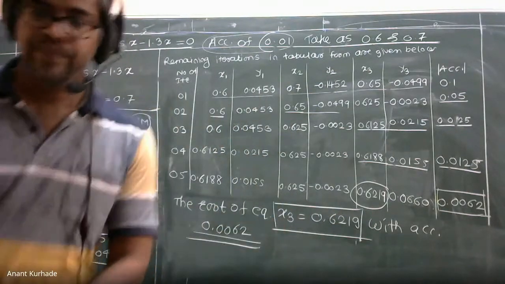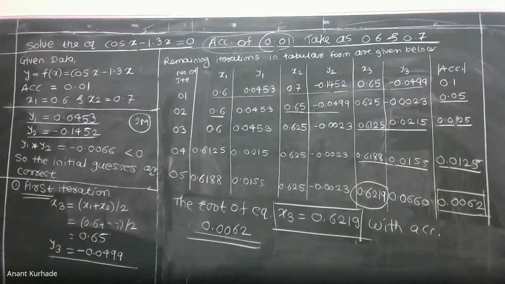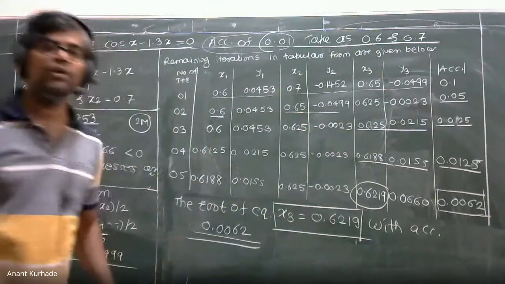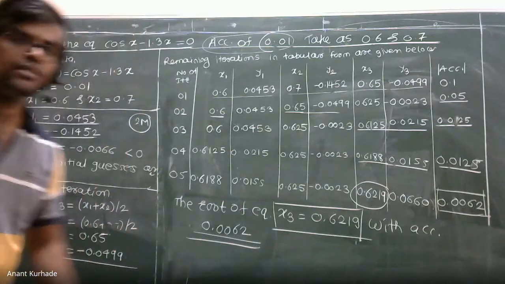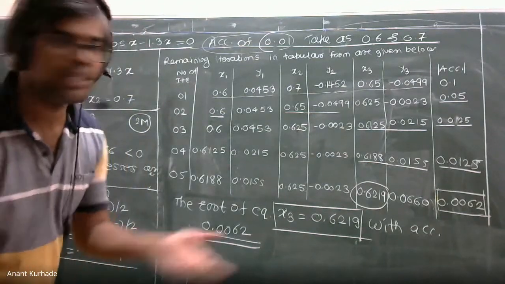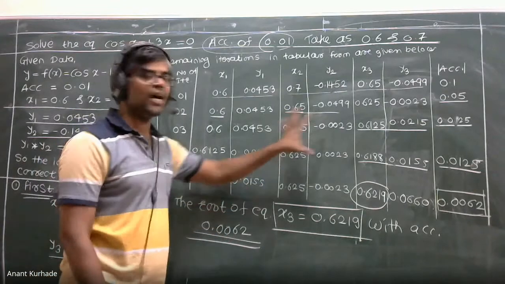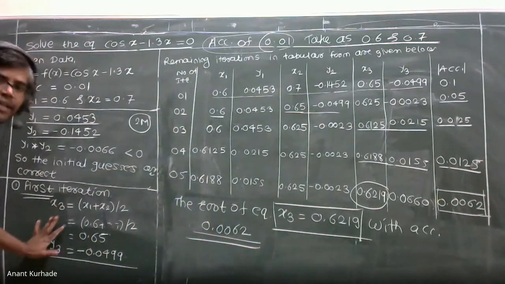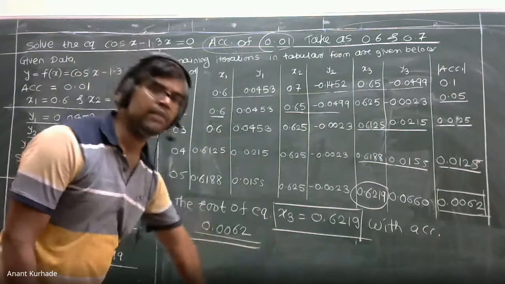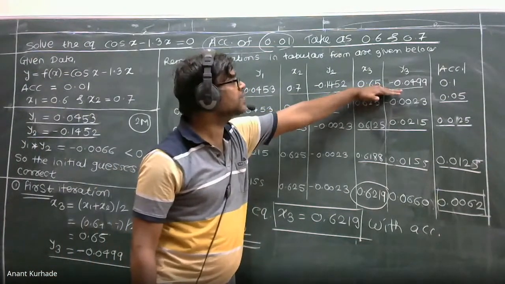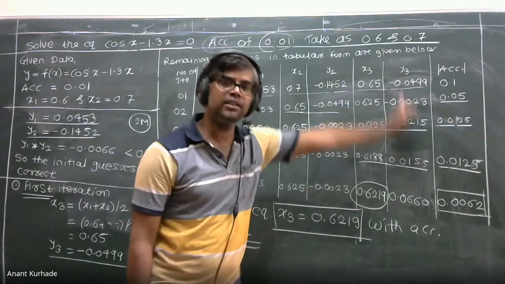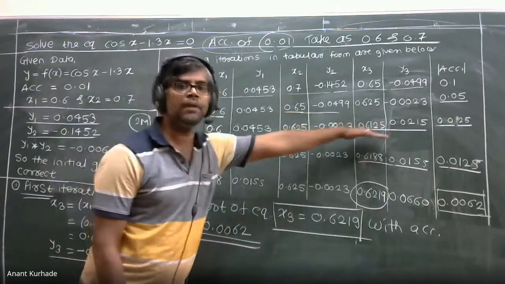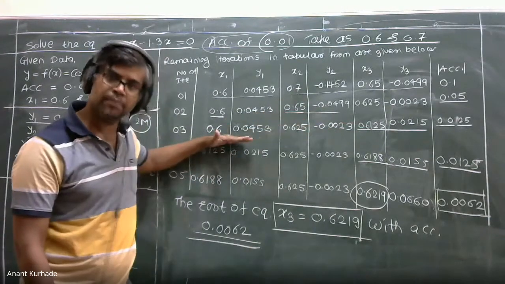To understand how we can draw all the values in tabular form, just reply fast. We have taken 5 minutes more. Any doubt in this? Just remember, do one iteration in detail. Remaining iterations are in table form. Just concentrate on the sign of y3. If it is plus, then replace the plus with the plus.